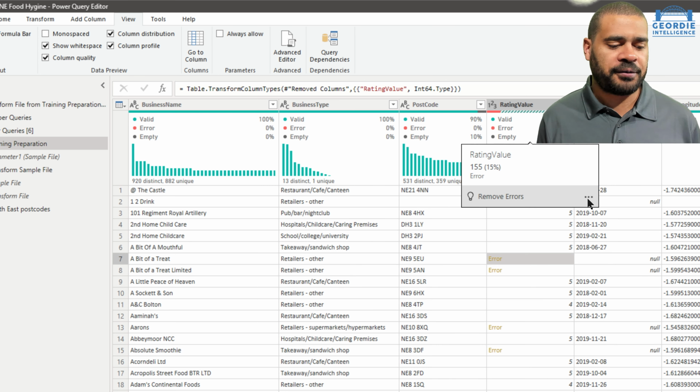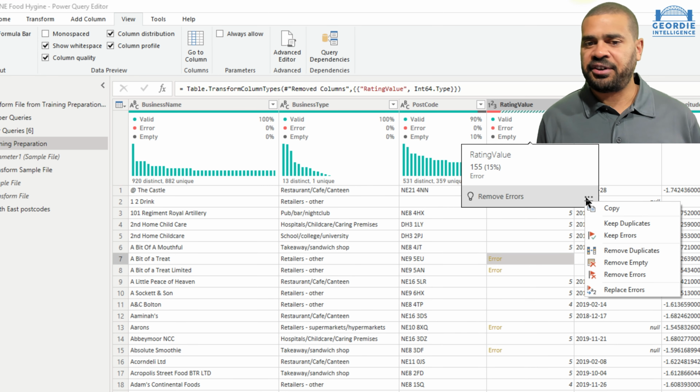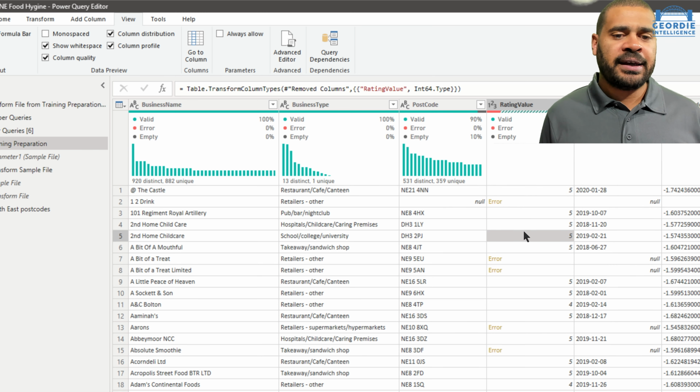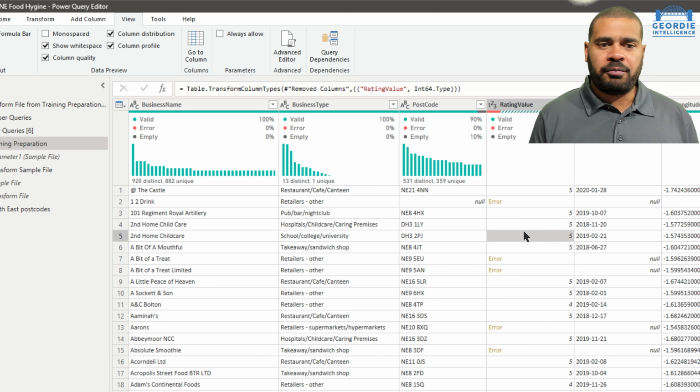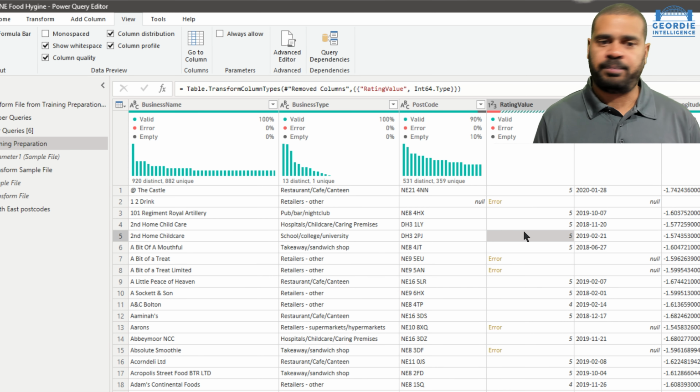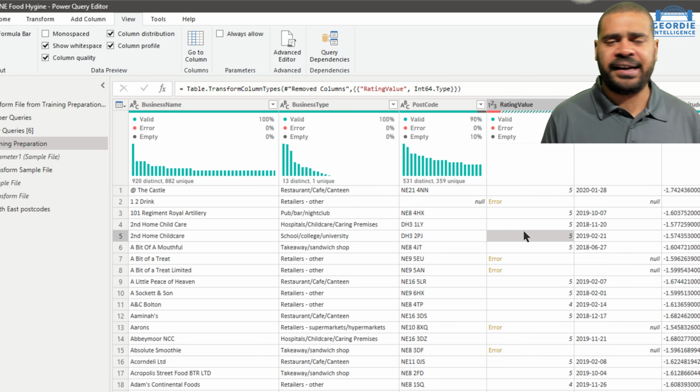And if we click on the three dots, it gives us some options of what we want to do, right? What do you want to do with the errors? The easiest thing is just to remove them. So remove the errors or replace the errors, right? Remove them removes those rows, replace puts another value in. So we might choose to put like a 0 or a 6 or something like that in, yeah?